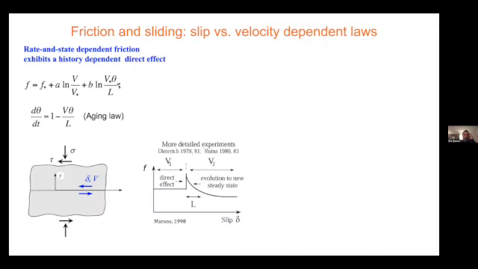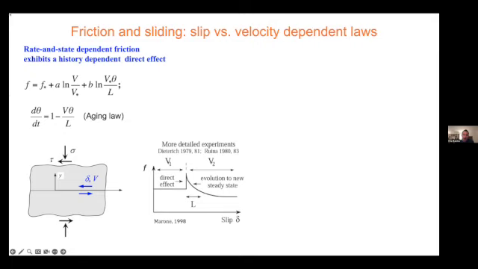So what we can do is start using rate and state friction laws, where friction depends logarithmically on the rate of sliding and on the state, where the state variable is typically given by an evolutionary law. This is an example, the so-called aging law, but there are various others. The rate and state laws have been known for several decades, and they really came up as empirical laws to explain